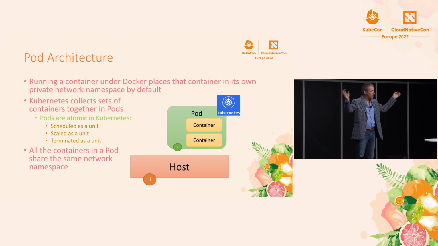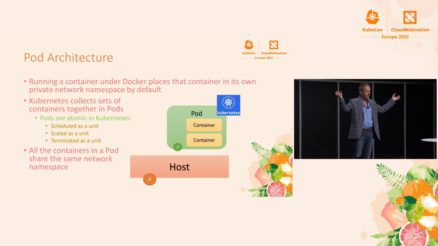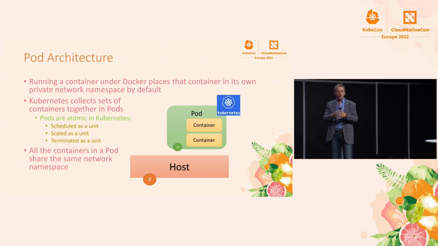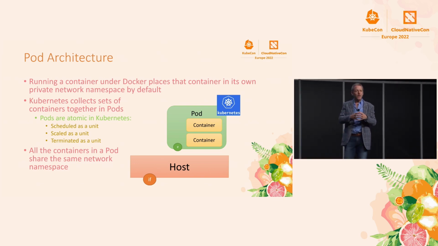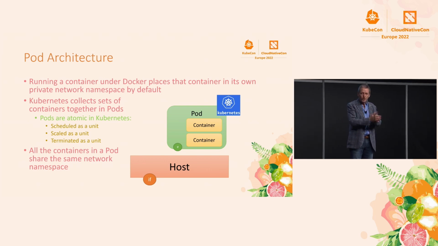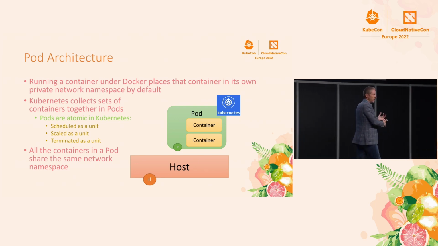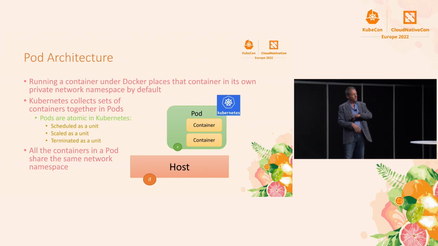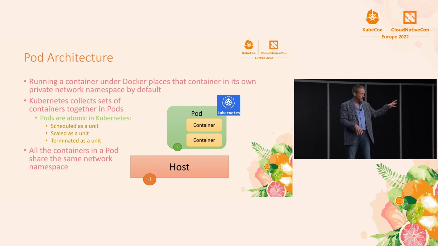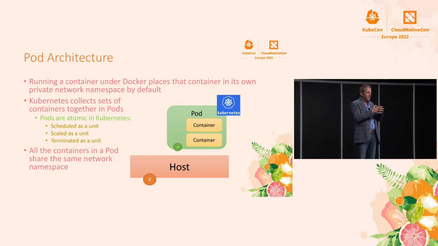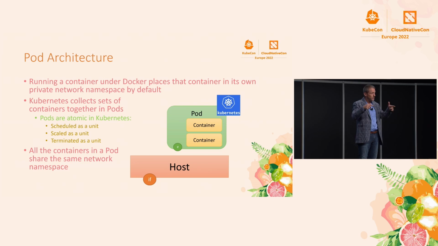There's no such thing as a container. What Kubernetes does is it takes and runs several of them in the same network namespace. That bundle is called a pod, right? They share the network namespace. They also share the interprocess communications namespace. We want it to be cheap for them to talk to each other, right? So if you're using message queues or shared memory, stuff like that, those are in the IPC namespace. And if you're using the local loopback and stuff like that, that's in the network namespace. So pods are collections of container images that are all running in shared network namespaces.